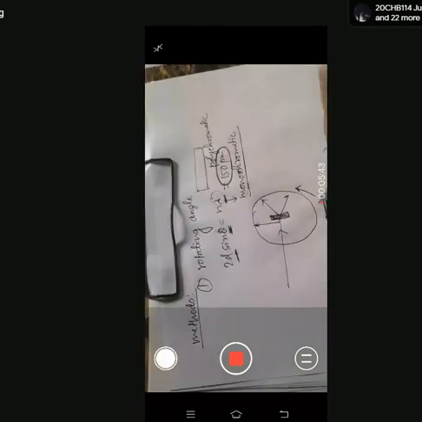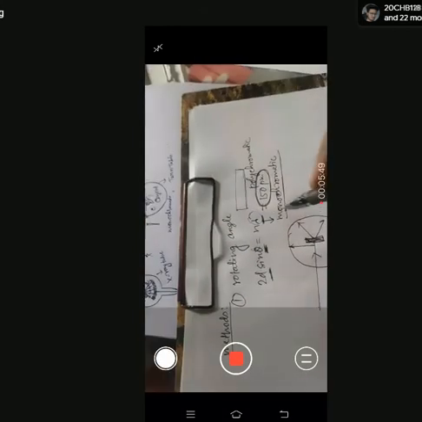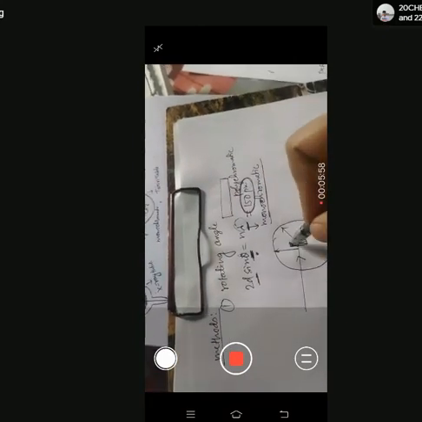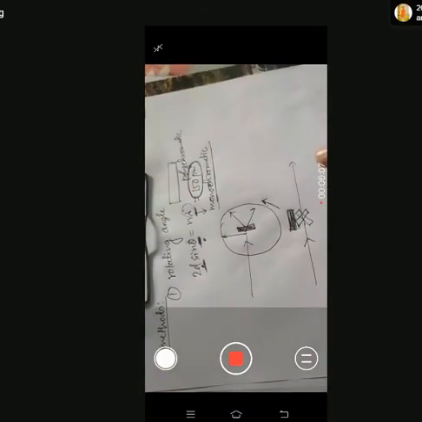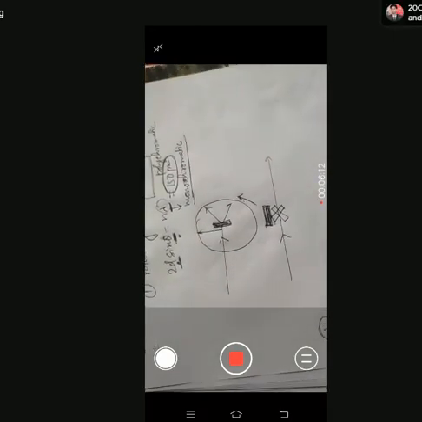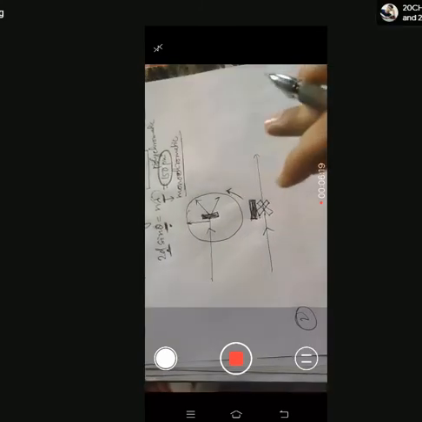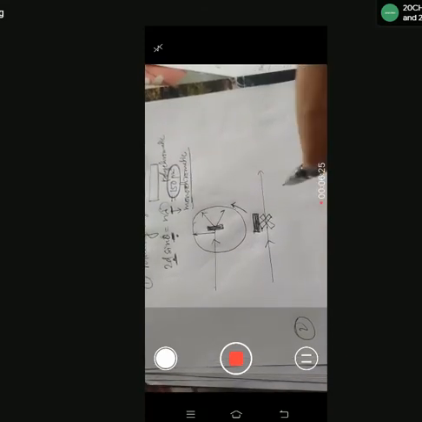So this is one method. For the second method, we again use monochromatic light instead of polychromatic. In this case, we fix the angle, that is, we are not rotating the crystal. The crystal position is fixed, but we change the d value. How do we change the d value? Instead of taking a single crystal, we crush the crystal and take the powder form. When you crush the crystal into many crystallites, small crystals, they have different orientations. That means different d values.